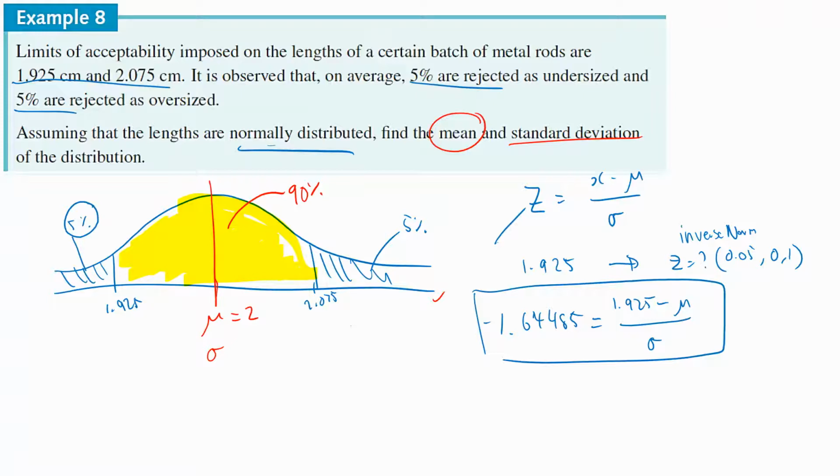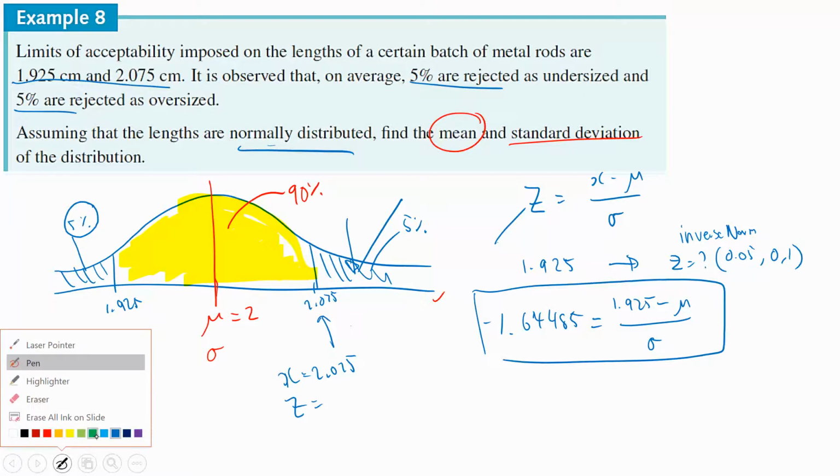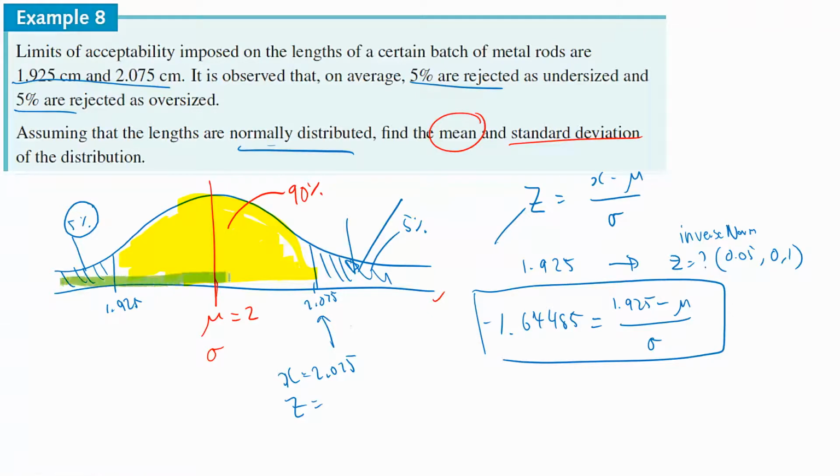They said at 2.075, there's also 5% in the top region. So here, I have x equals 2.075, but I don't know what z equals. I do know the area up here is 5%, but remember when you do inverse normal, it only calculates from left to right. So if I calculate the area, it is not 5%, but in fact all of this region here. And that tells me what area would this be? If you know the top end is 5%, then the leftover has to be